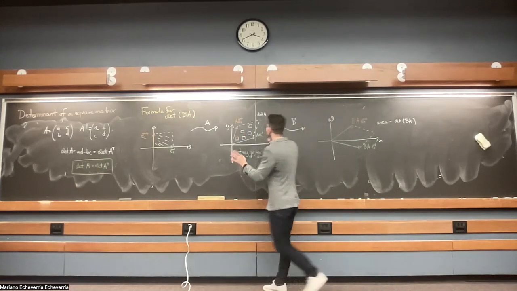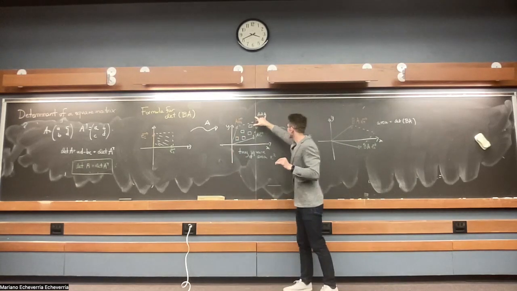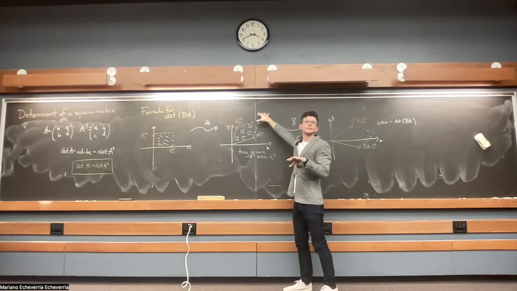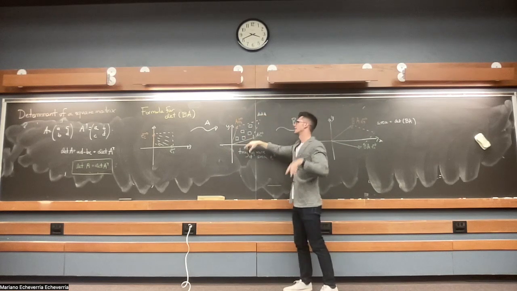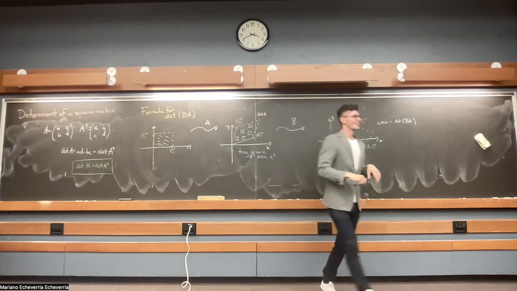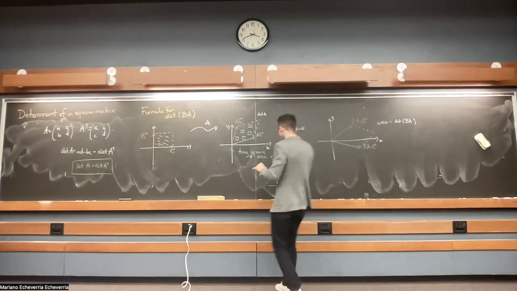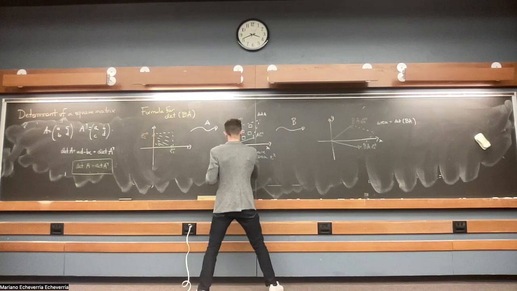To make this very concrete, imagine that the area of the parallelogram had been 100 square meters, and the squares were of area 2 square meters. How many squares would I have needed? Simple division, right? It's just 50. How many of these do we need? We would need